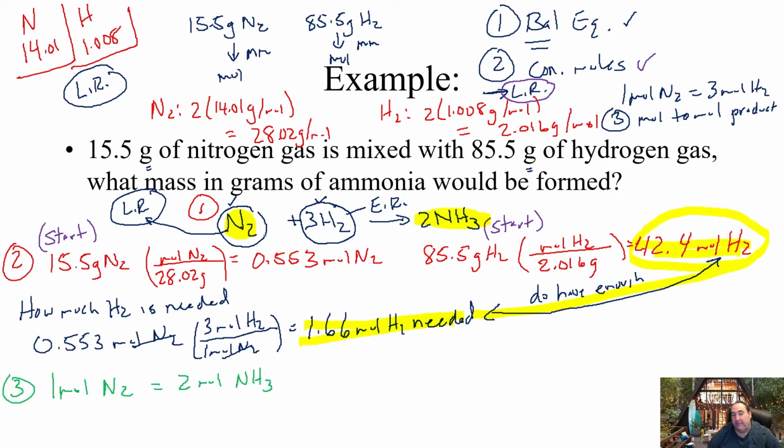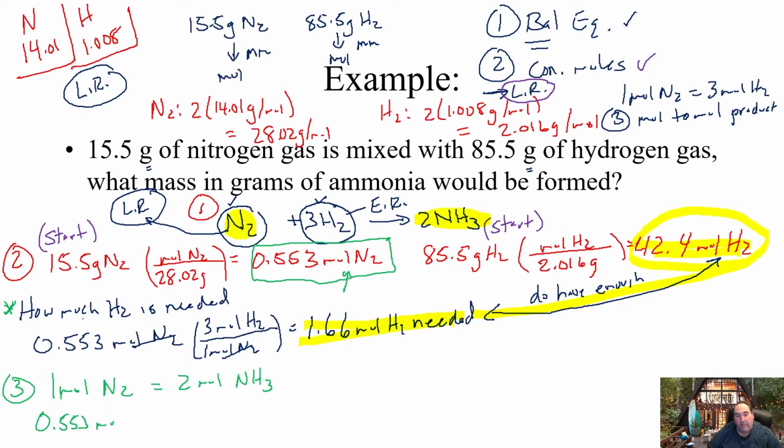Now, it's important to make sure that we go back to the starting amount of our limiting reagent to figure out how much product. This calculation for the most part is just used to figure out which was the limiting reagent. We want to make sure we go back to our starting amount of our limiting reagent, and that's going to give me